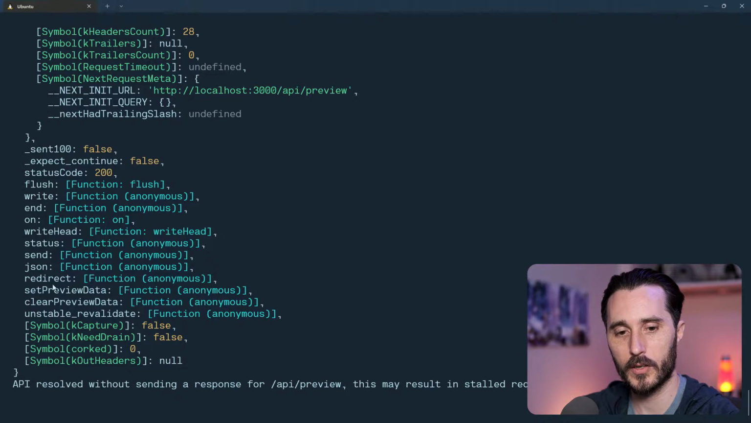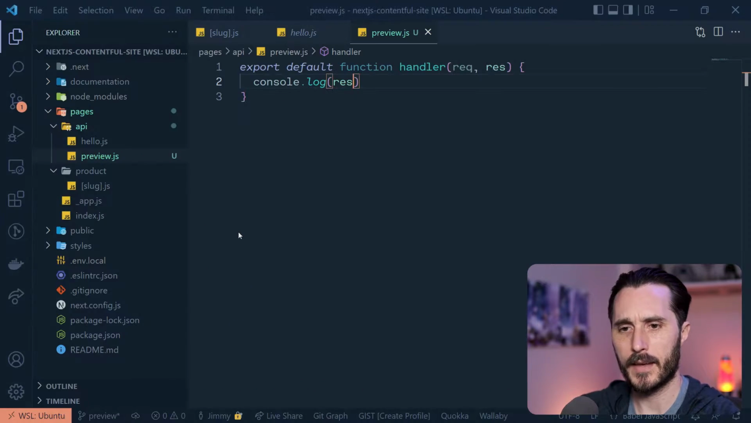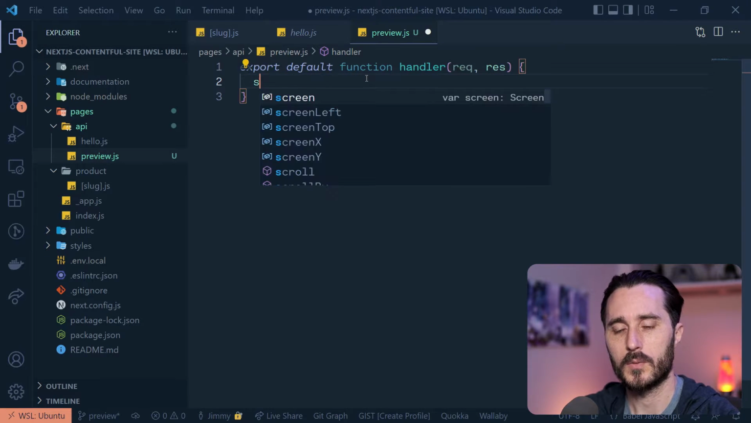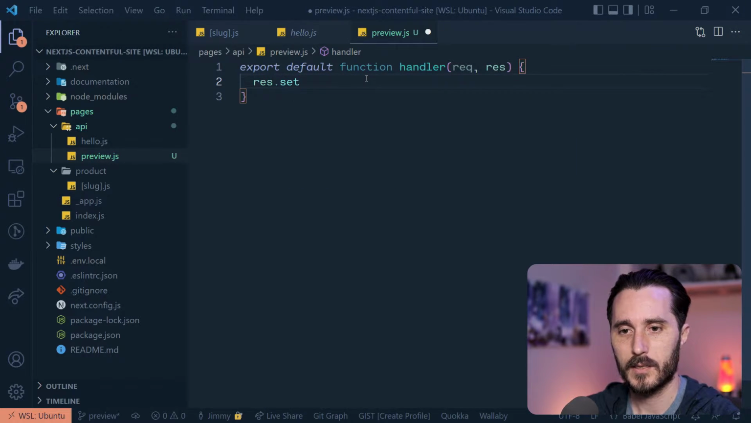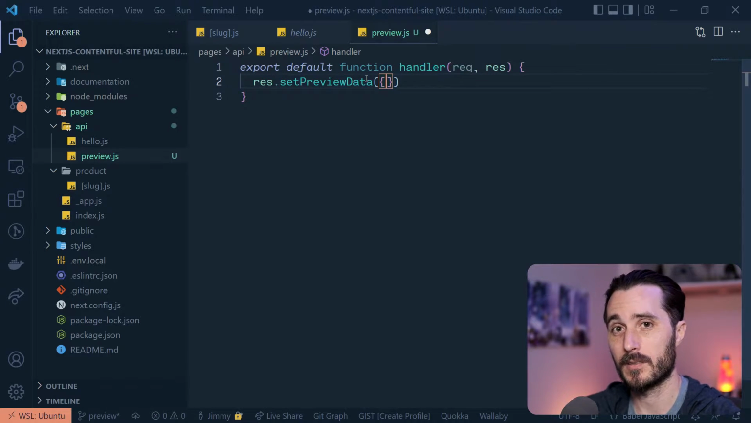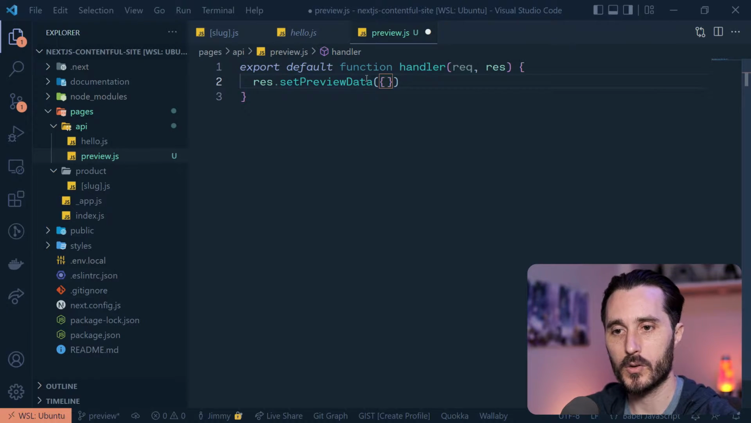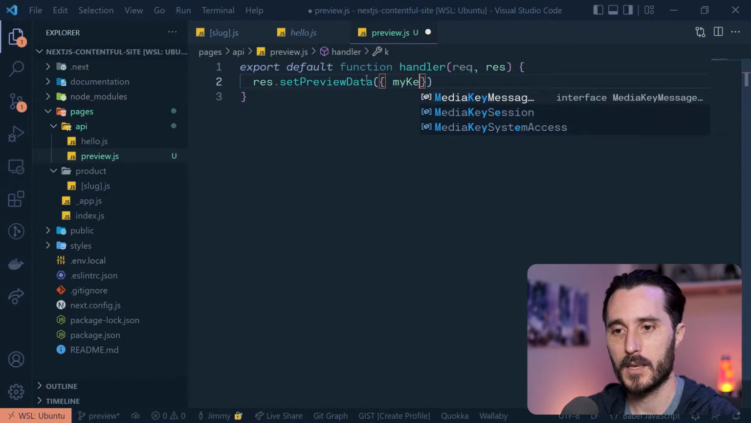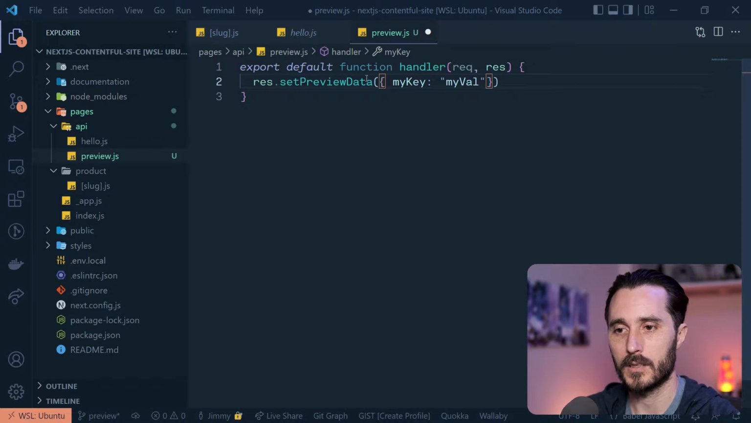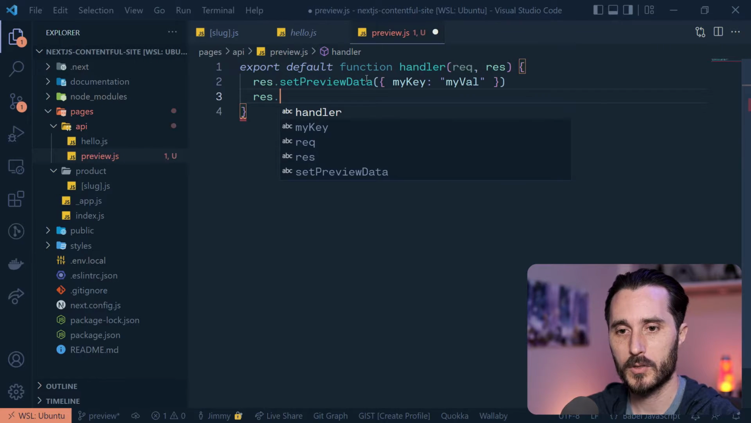And in particular here, conveniently, right at the bottom, there's this setPreviewData that's on the response object, among some other things. You can see .end, which we're going to use as well. So let's do that. All we need to do here is do res.setPreviewData. And that takes an object, and a lot of the times you'll just leave this empty. This is just to flag on preview mode with a cookie that I'll show you. But you could do something like myKey, myVal, pass a key value, and I'll show you where you get that later. For now, we'll just do res.end,